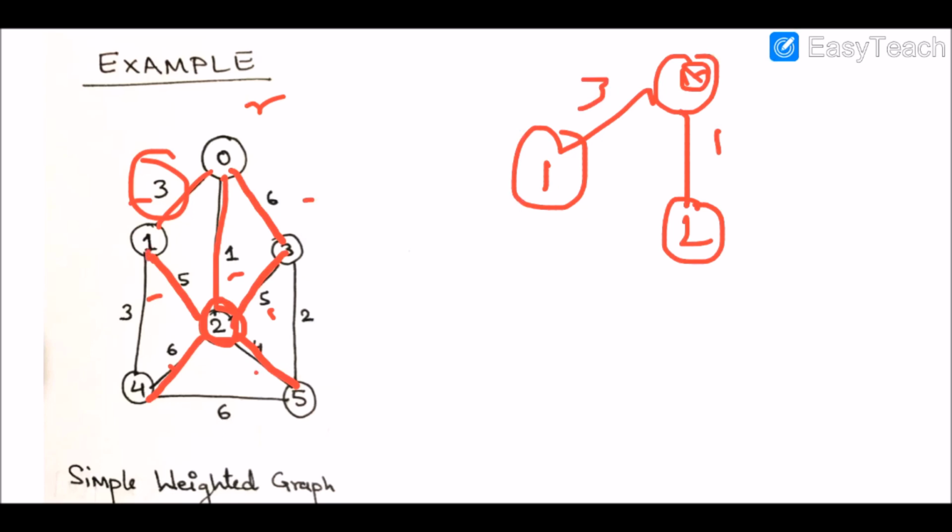Now again 1 adjacent nodes with 1. So all the nodes have been included. Now 4 comes in the scene, right? So now again we have the values, and which is the minimum? Again 3, 6, 5, 1, 6, 5. Which is the minimum? Again 3 is the minimum. So we are going to include this with the weight value as 3. Now again, what is the adjacent node to 4? 5 is adjacent to 4.